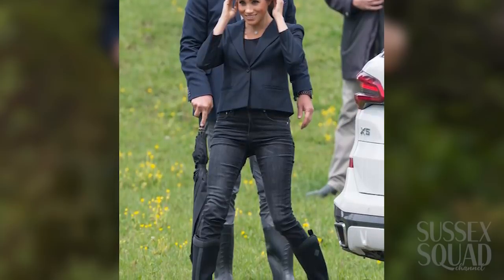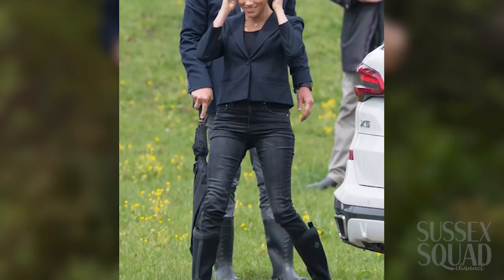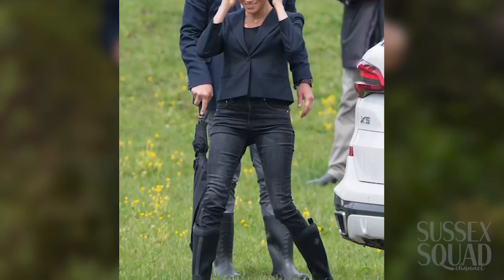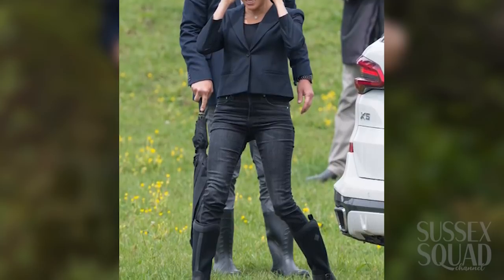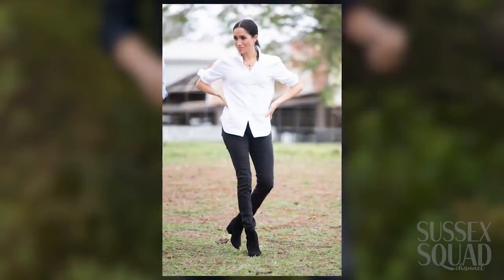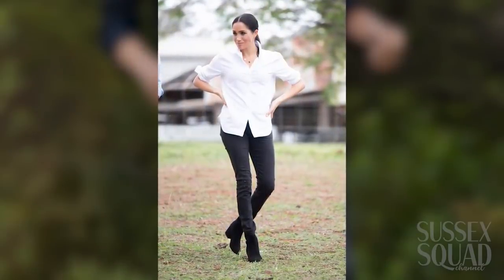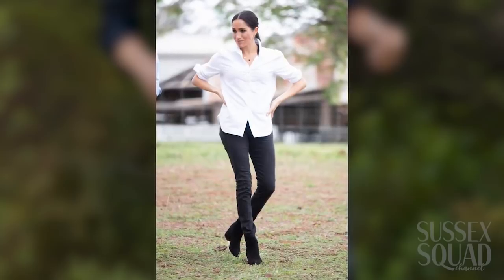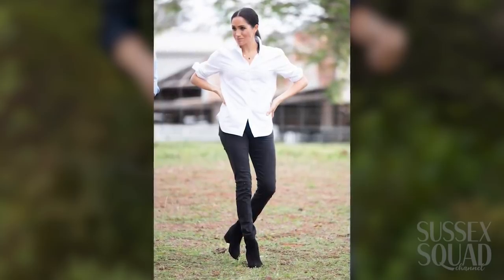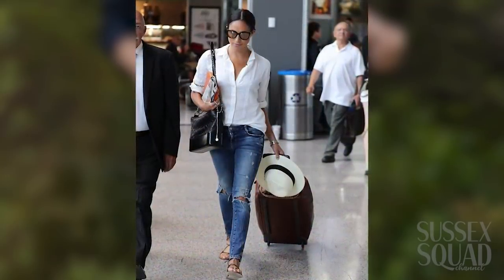And I know when Meghan wears jeans that are $250 or $300, many people look at the price and they go, I can get jeans for $20 at TJ Maxx. And you can, but I'm here to tell you it's just not the same. And while there's nothing wrong with that, you can still get a good pair of denim without having to pay, let's say, $200, $250. But true denim is always what you want to go for because it lasts for years,